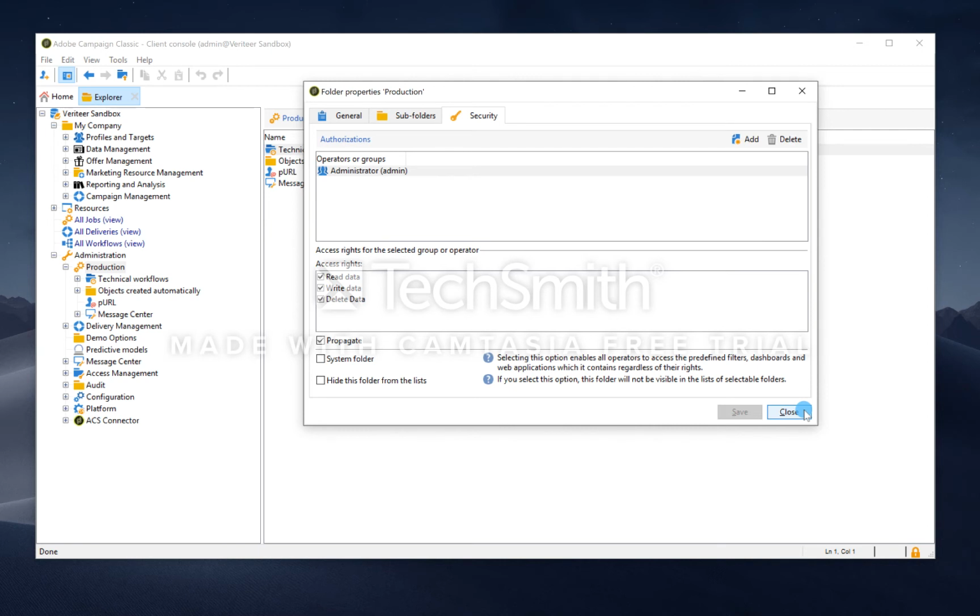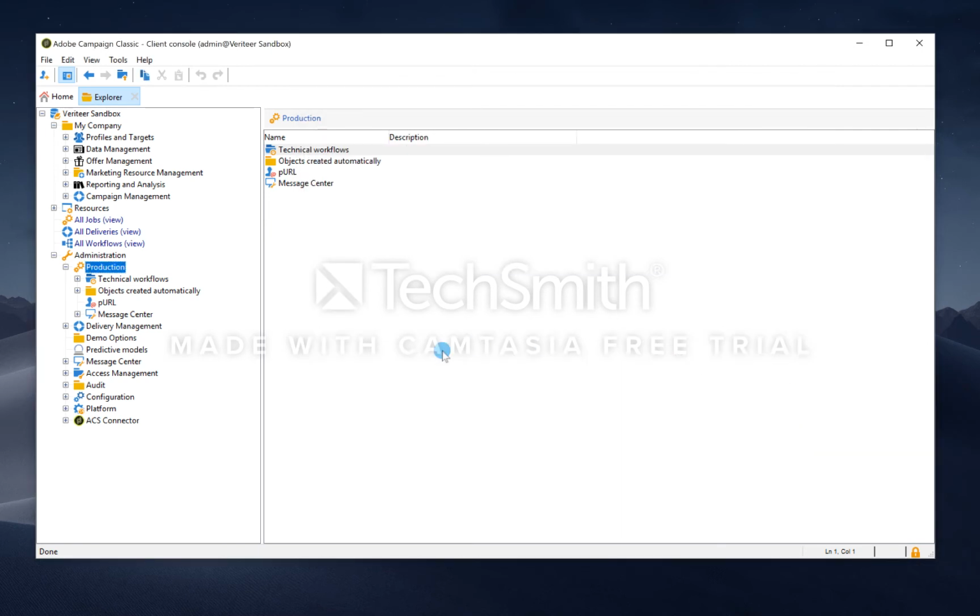For example, you do not want to give everyone read, write, delete access to every single folder within a parent folder. There are examples where it's important that users have what I would call access in the background. So for example, within administration and production,